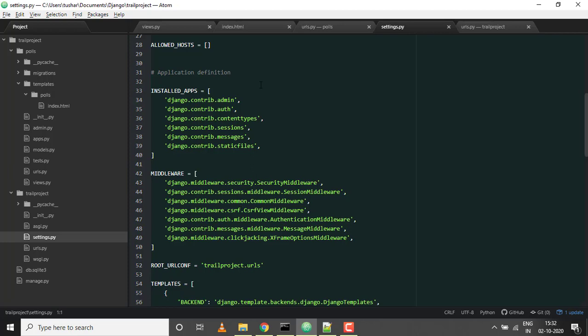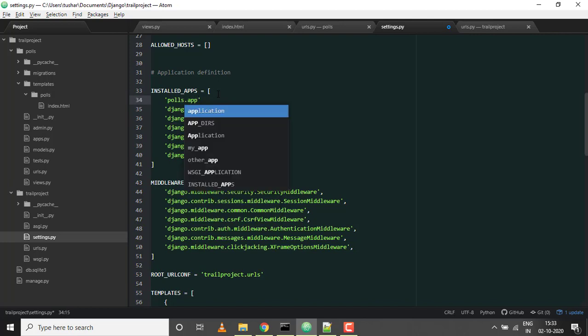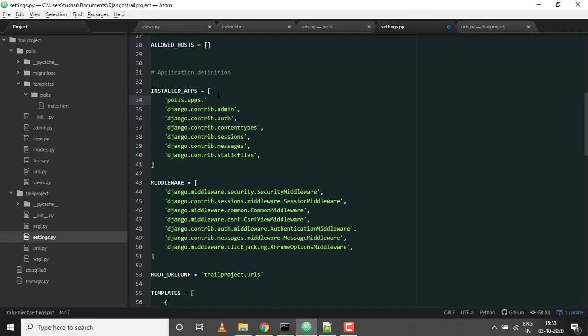The way to do it, go in settings.py, come near INSTALLED_APPS, and under single quotes put polls, which is your application name, dot apps, followed by dot PollsConfig. This is the class, and always put a comma at the end after writing.